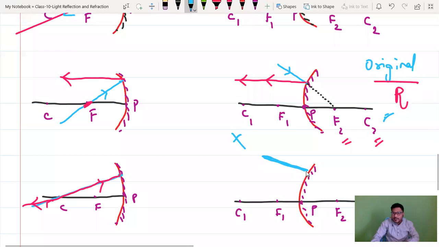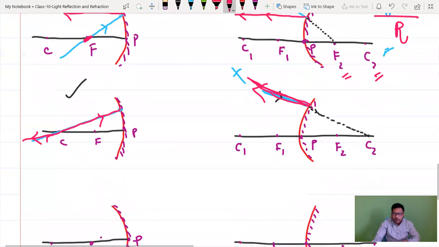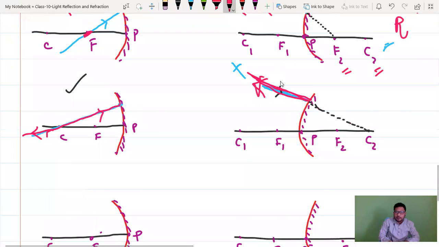So this is the incident ray, which is passing through center of curvature. How? Just extend this. If you extend this imaginary line, definitely it will be touching C only. So if it is passing like this, after touching mirror, it reflects back, right? In concave. In convex, how will it reflect back? Like this. So the incident ray, imaginary ray will be same. That only will be confusing for you. So this side is original.